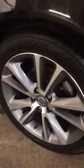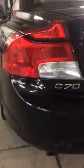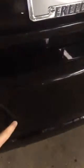See any flaws here on the side? There's a tiny little spot right there. That'll probably buff off too though. Here is the driver's side rear wheel. No damage at all. Go up, look at the rear of the car. All lenses are good. You've got reverse sensors that you can see here, a reverse sensing system in the car. Looking at the trunk lid,